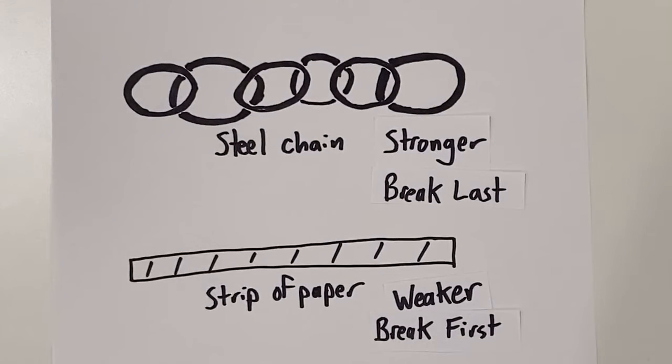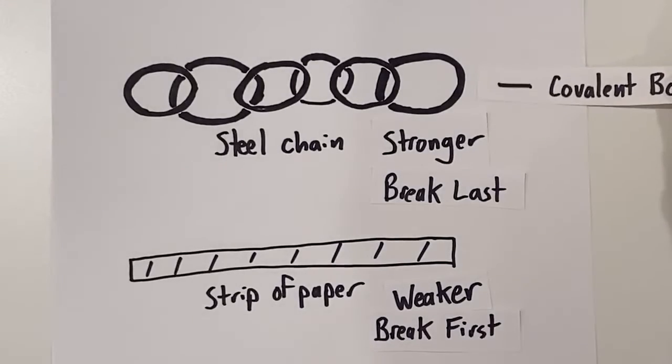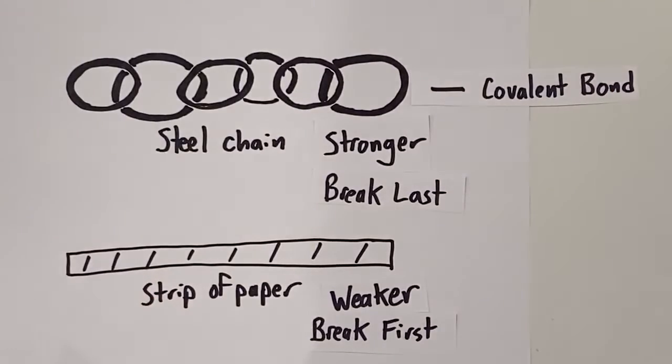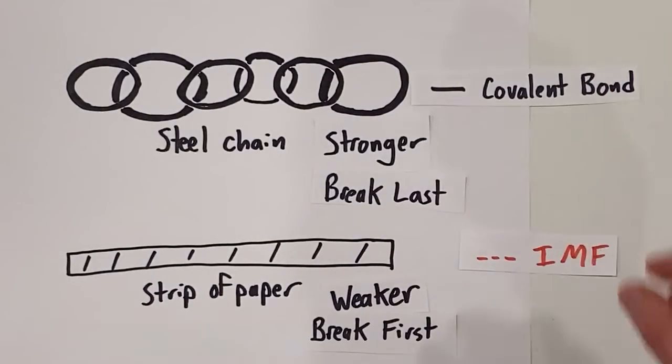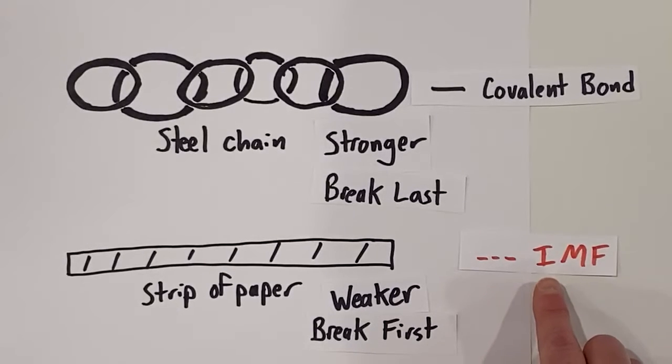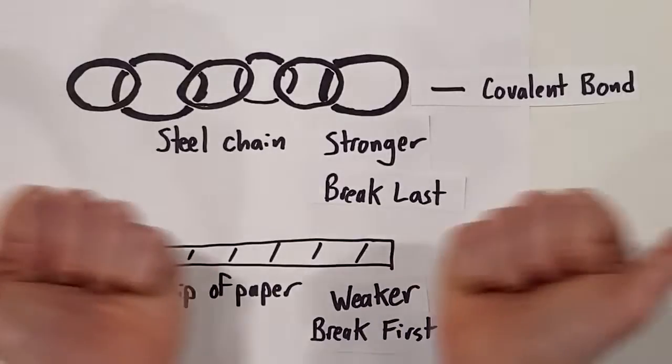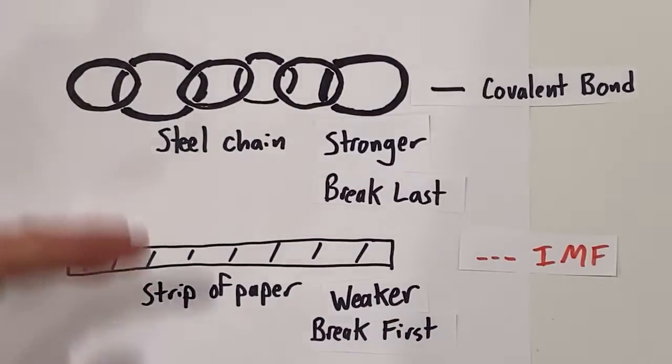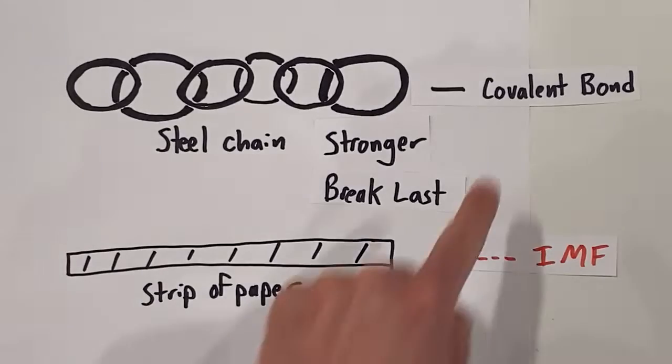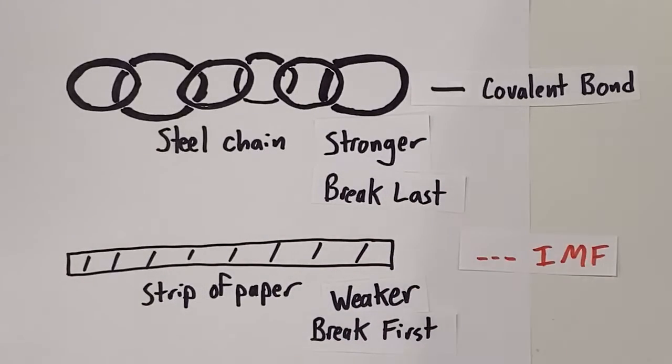So if we had to make an analogy, is the covalent bond more like the steel chain or more like the strip of paper? Well, covalent bonds are much more like the steel chain. They're very strong. And IMFs are much more like the strip of paper. They're much weaker. In fact, hydrogen bonding, which is the strongest IMF, is only 5% the strength of a covalent bond. So IMFs, much weaker than covalent bonds, just like a strip of paper, much weaker than a steel chain. So if we're pulling on them, what's going to break first? Well, the IMF will break first. So let's go back to our